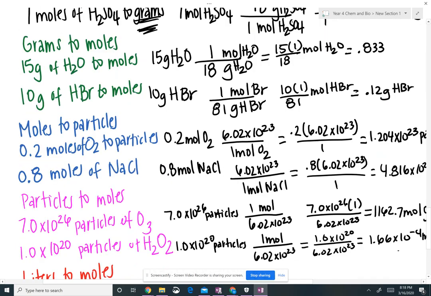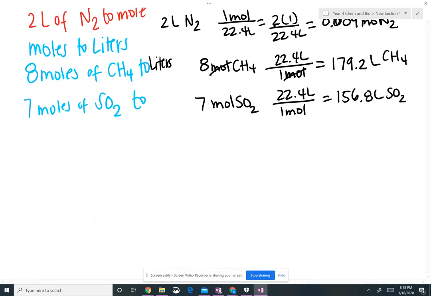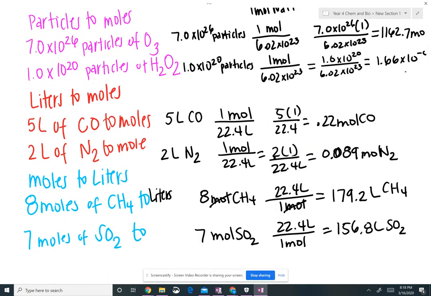If we're going to have moles at the top, we have liters at the bottom, right? And remember that the thing that you guys want, whether it's liters or moles or particles or grams, is going to be the thing that you want on the top. And you multiply across, divide by the top and the bottom, and other than that, you guys should be good. Okay, thank you guys, and good luck on your